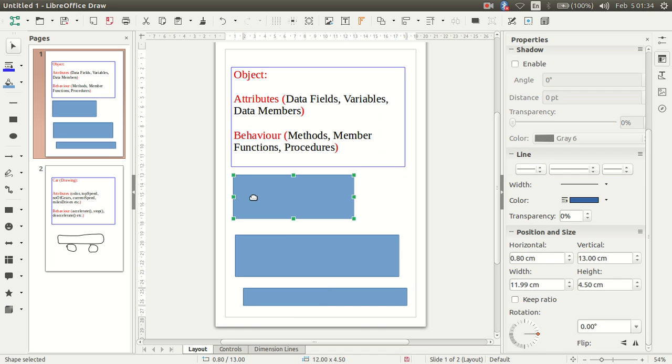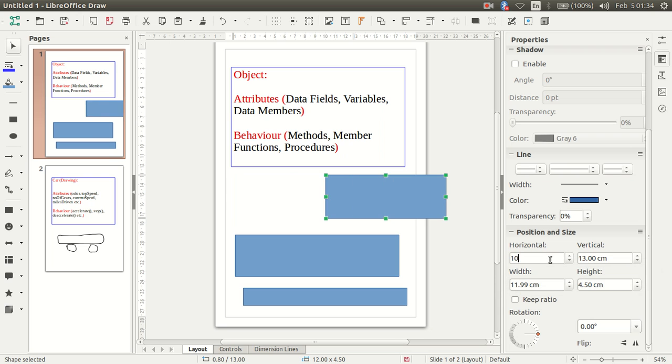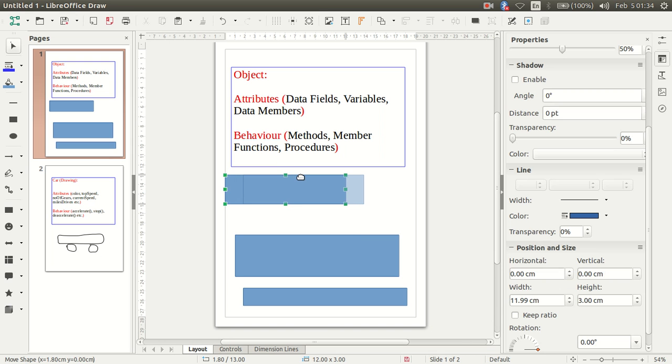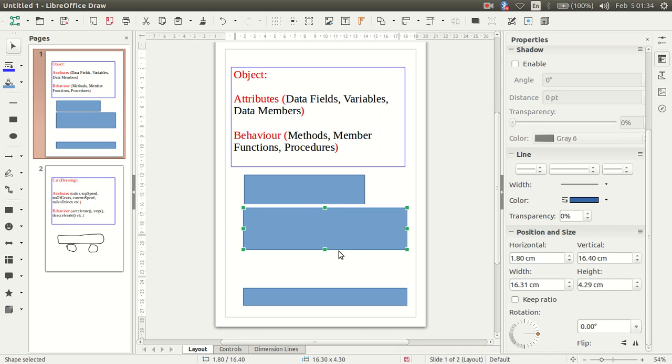If you see this object or this rectangle, this is position, but I would like to change its width. It is 12 and height, I would make it 3 so that I can put it here. Similarly for another object, I would like to make it maybe 10 centimeter in length or 2.5 in height.